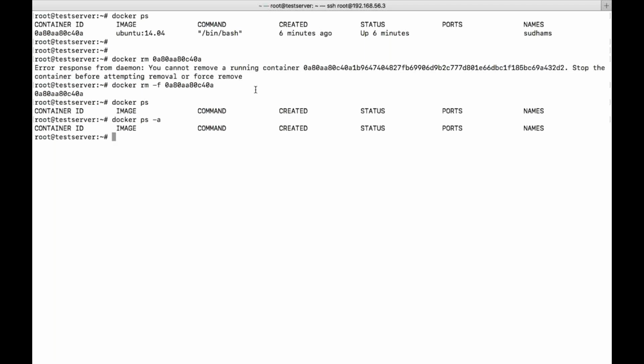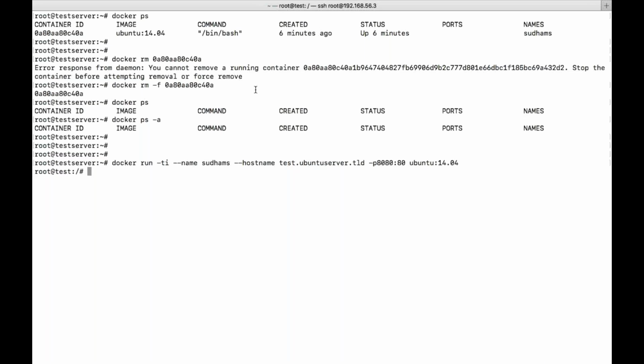Now I'm trying to create a container with the same previous command. I'm just adding a functionality called -p, which is called port forwarding or port binding. So on the host machine, I want to bind a port number 8080 to my port 80, which is running in the container.